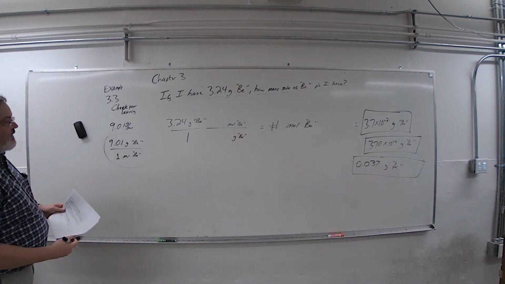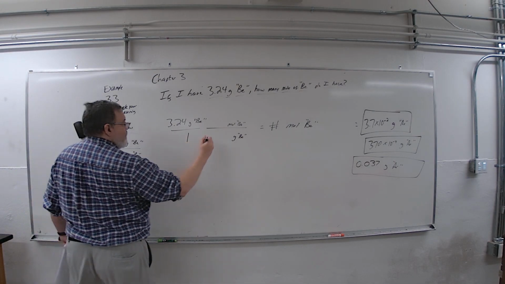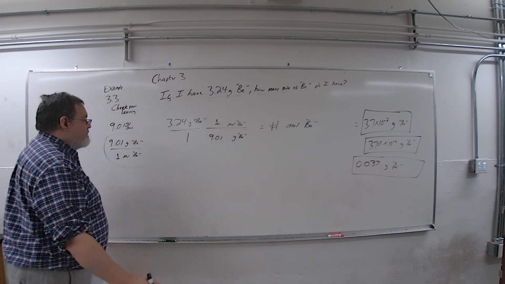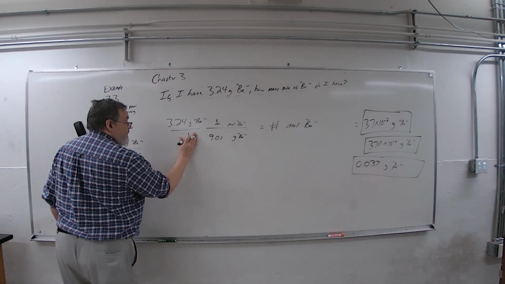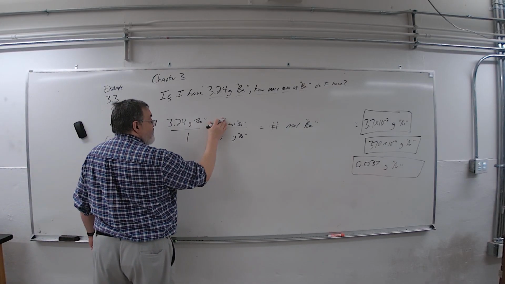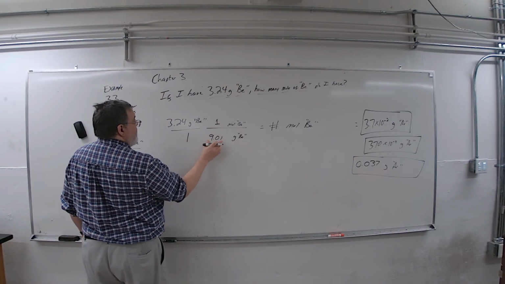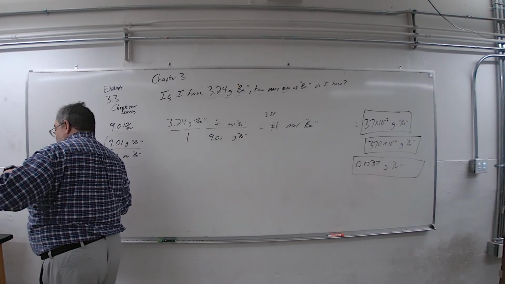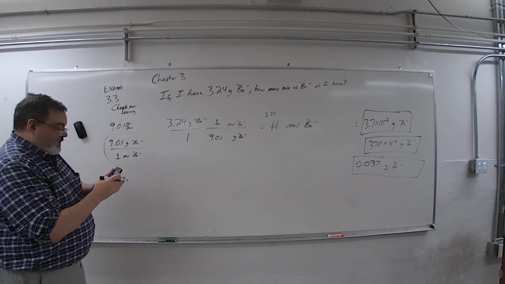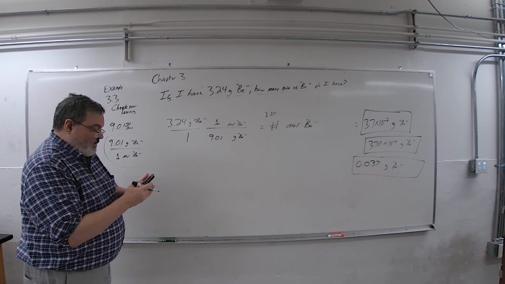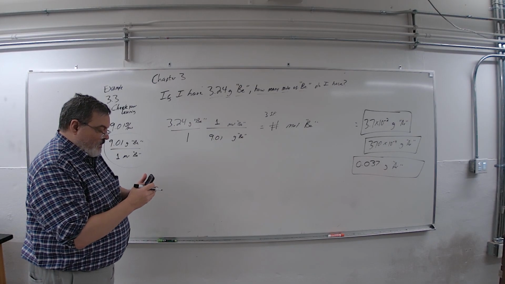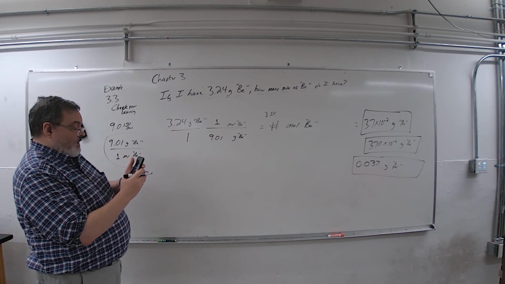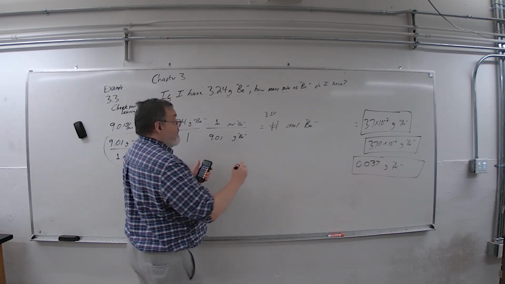So that's what I've got to use. I need grams on the bottom here, so the 9.01 goes down here. The magic 1 goes there, and that just tells us we're dividing. Infinitely accurate, infinitely precise, I should say. 3 significant figures, 3 significant figures, so I need 3 sig figs up there. I'm just going to use my calculator. 3.24 divided by 9.01. My calculator says